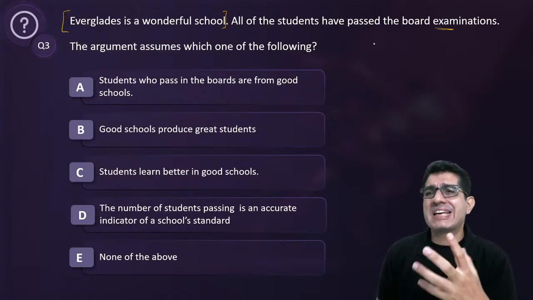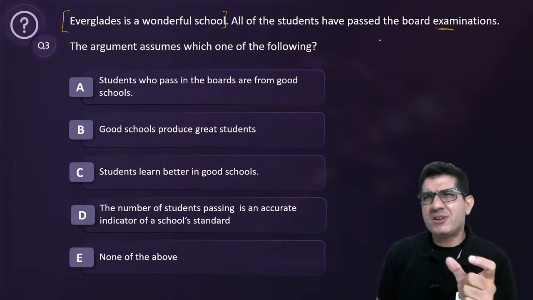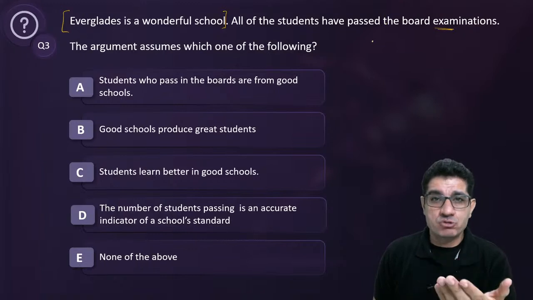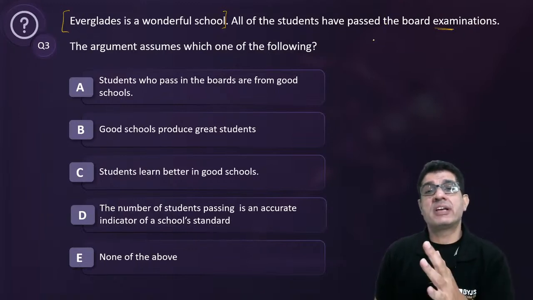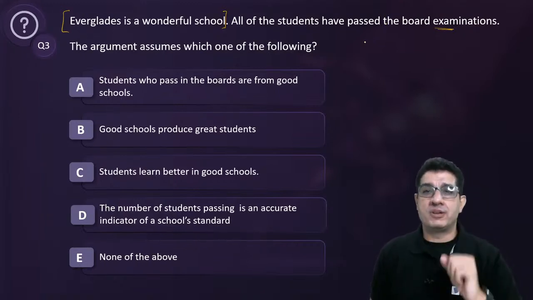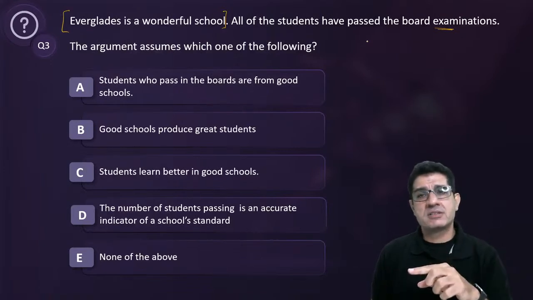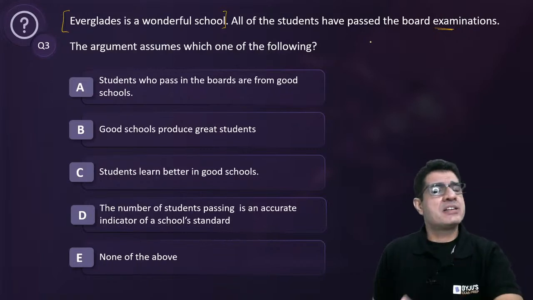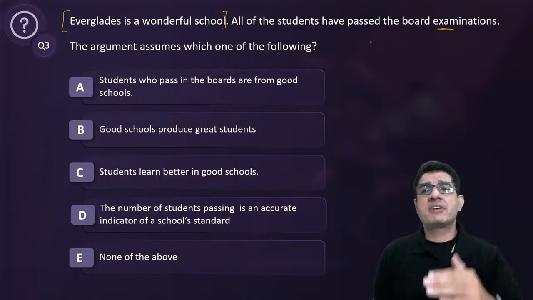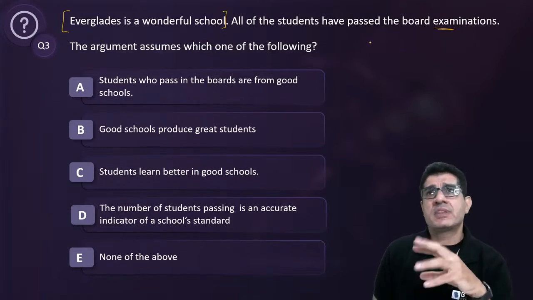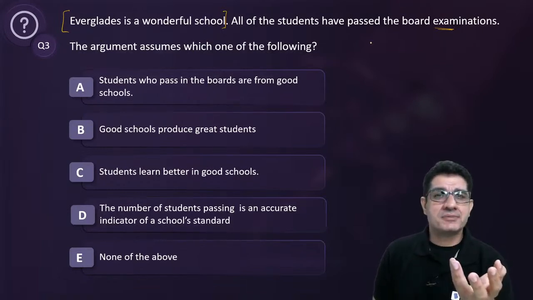What is the premise that I need to add? I need to add that if all the students pass the board exam from a particular school, then that school is a wonderful school, right? So all of the students of Everglades have passed the board exam, therefore Everglades is a wonderful school. So the assumption that I'm looking for is, when all the students pass, it's a wonderful school. So let's see. A,